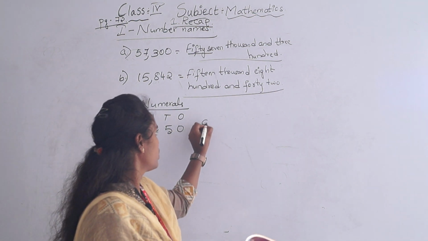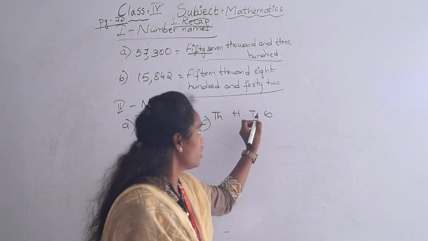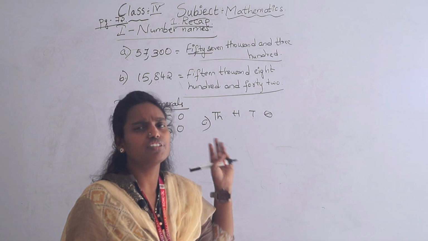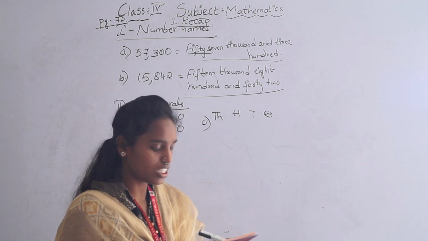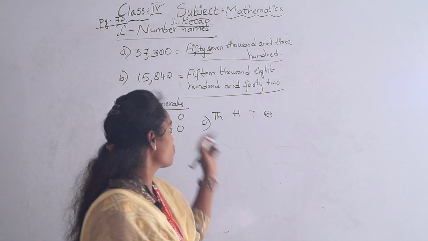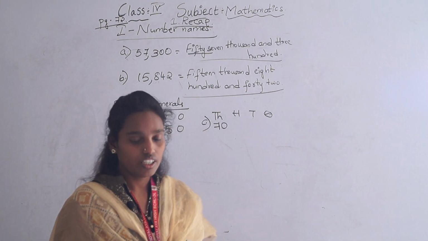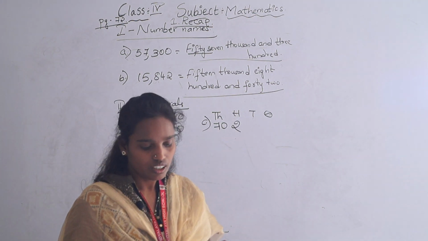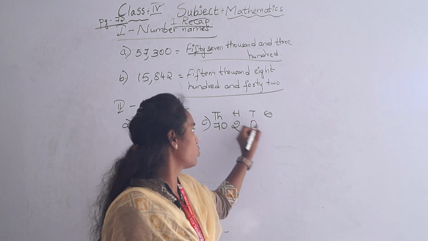Okay, take the C bit. For this also you should write 1,000, 100, tens. It will make you realize your mistake and correct it. It will be useful for addition, subtraction, anything, so we should mention these place values. So what is the C bit? 70,205. In the place of 1,000, what should we write? 70. Next, in the place of 100, 200, and what is there? 5. There is no tens place, so we should keep 0, 5.